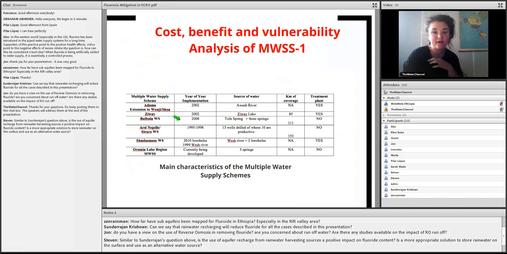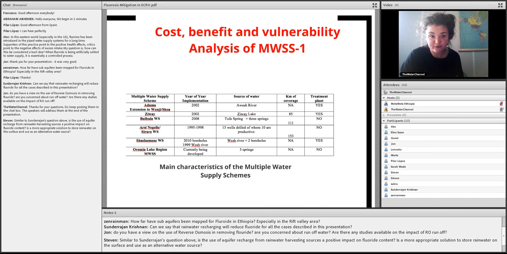So regarding the cost, benefit, and vulnerabilities analysis, I would like to say that in Ethiopia the schemes visited included 6 community Bonchar schemes implemented by Oshosho, 2 Nalgonda schemes implemented by the Catholic Relief Service, and also 2 non-functional schemes by the LVA, an NGO. Multiple water supply schemes in the Ethiopian Central Rift Valley, as is possible to see from these tables.